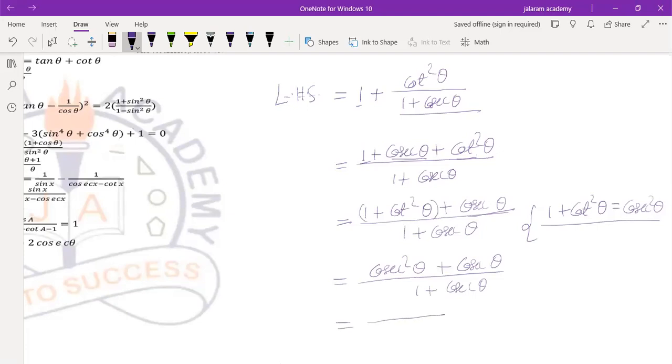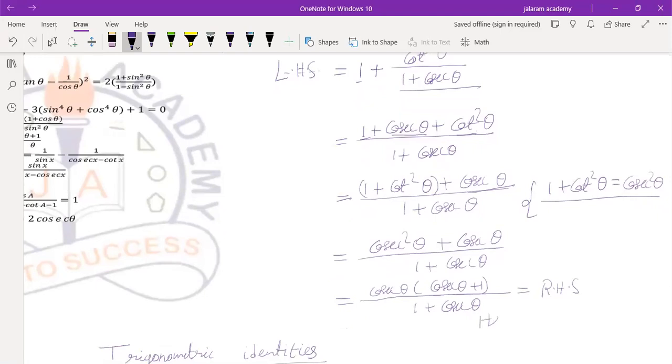Now if we take cosec theta common in the numerator, it gives cosec theta into cosec theta plus 1 over 1 plus cosec theta, which equals the right hand side. Hence proved. Understood, everyone? So this is the method how to prove a trigonometrical